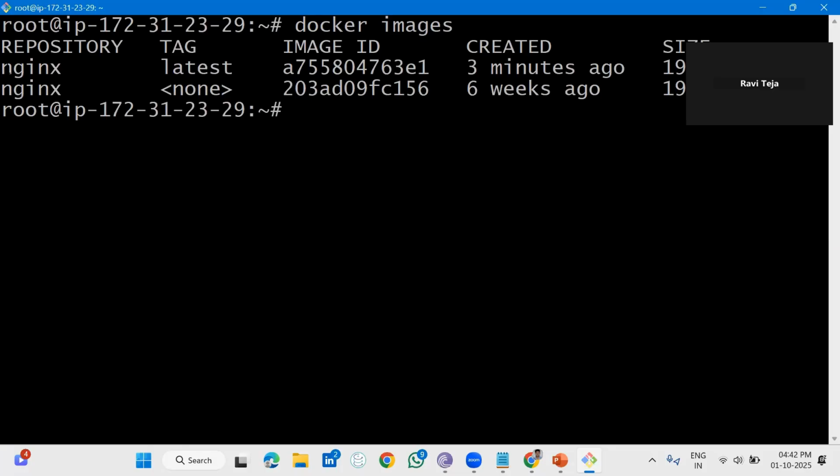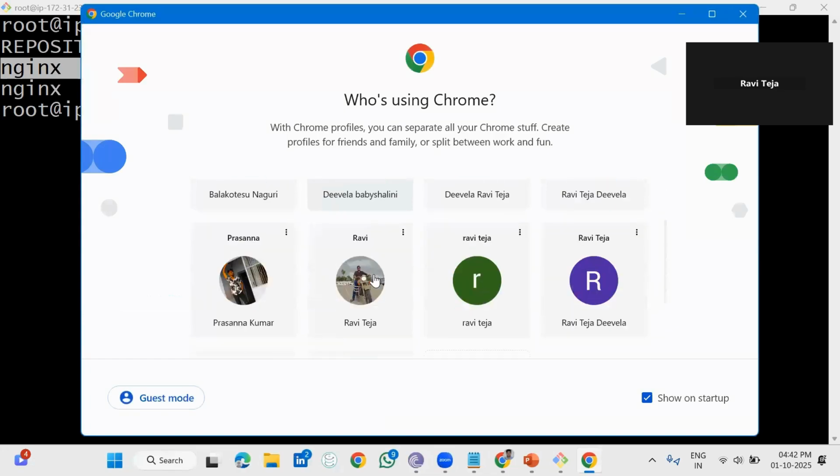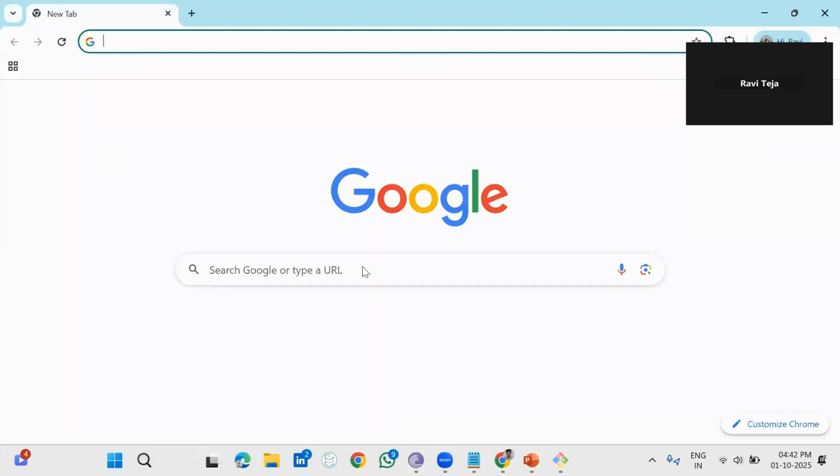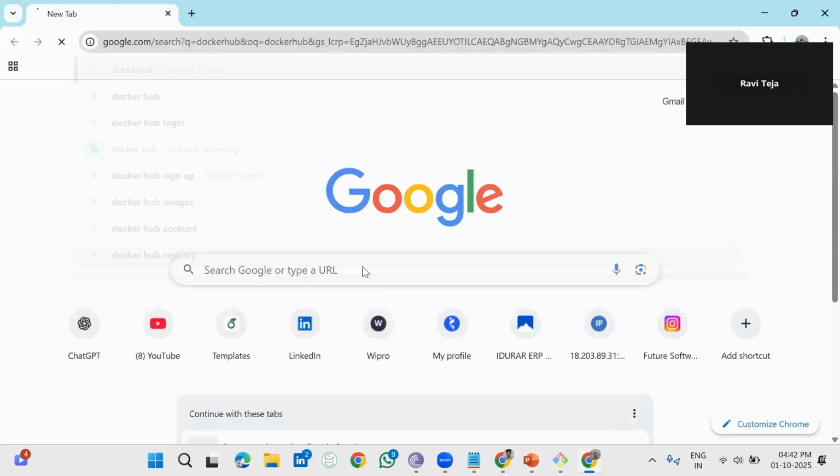So this image I need to push to Docker Hub. First, you should have a Docker Hub account. How to create a Docker Hub account? It's very simple. Say Docker Hub, enter,